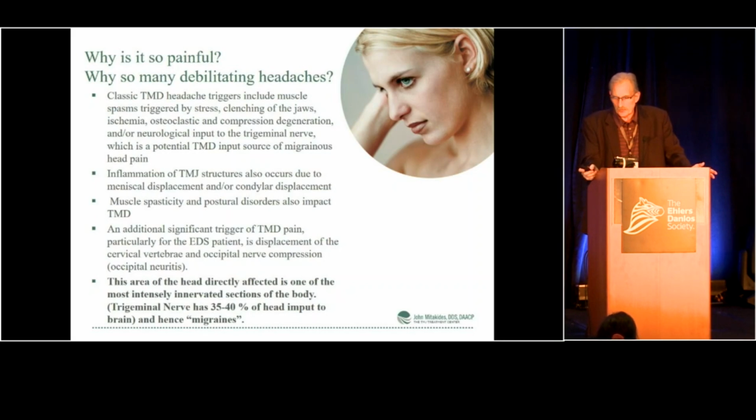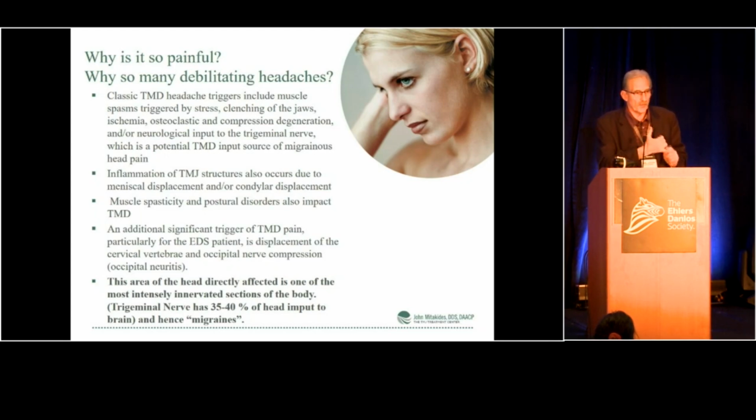Now, why is it so painful? Why are there so many debilitating headaches? So classic TMJ triggers the muscles and causes spasms caused by stress, clenching of the jaw, ischemia, osteoclastic problems, compression, degeneration, and neurological input from the trigeminal nerve, which is a potential TMD input for the migraine source. So in other words, if you clench too much, if you've caused degeneration of the joint itself, if you have spasms, it causes pain to be generated into the trigeminal nerve, which